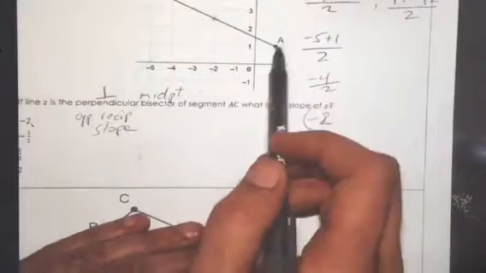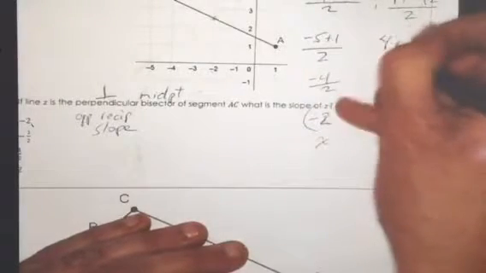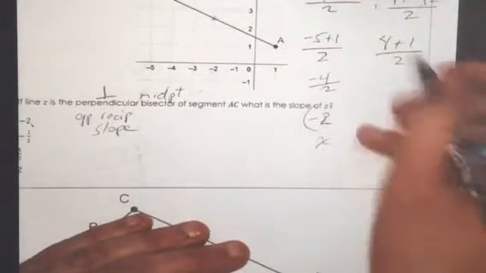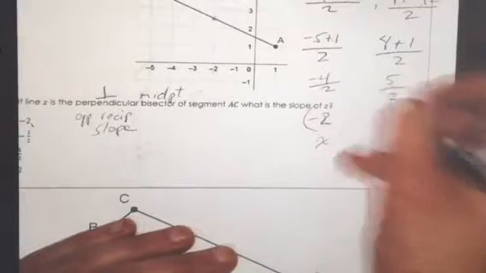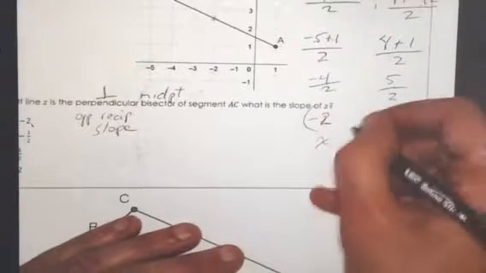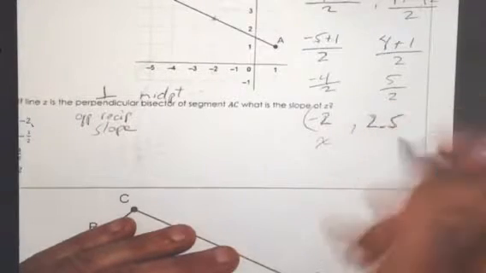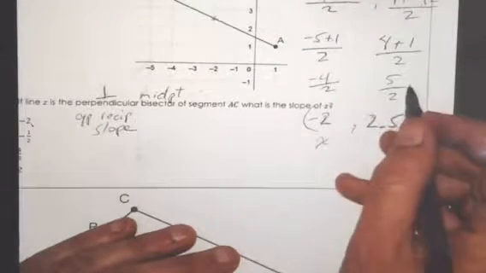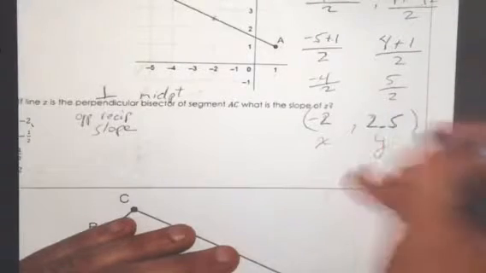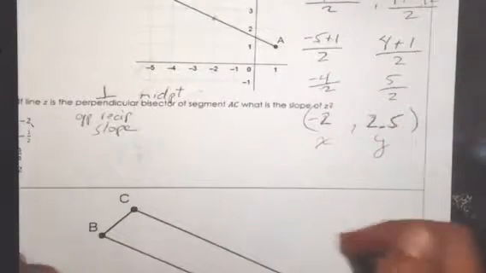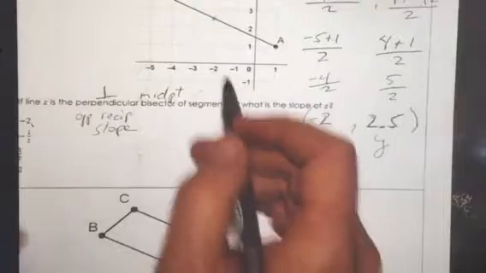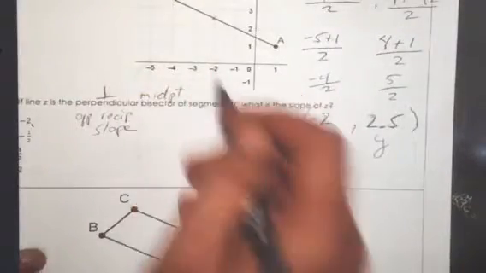Substitute for the y values and look at 4 and 1. And this is, obviously, pretty easy. So this is 5 over 2. If you like decimals, it's 2.5. You can leave it as 2.5. You can leave it as 5 over 2, and you're perfect. Okay, so now we need to know the slope of CA so that we can then do